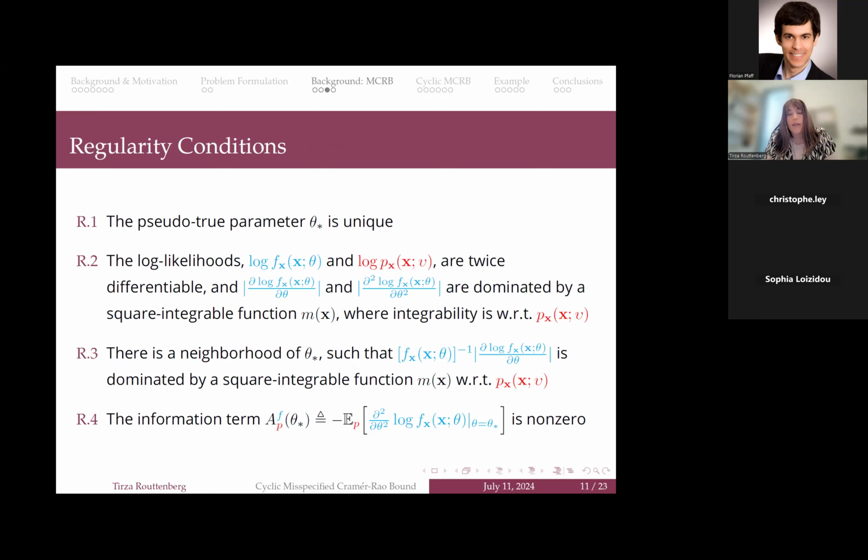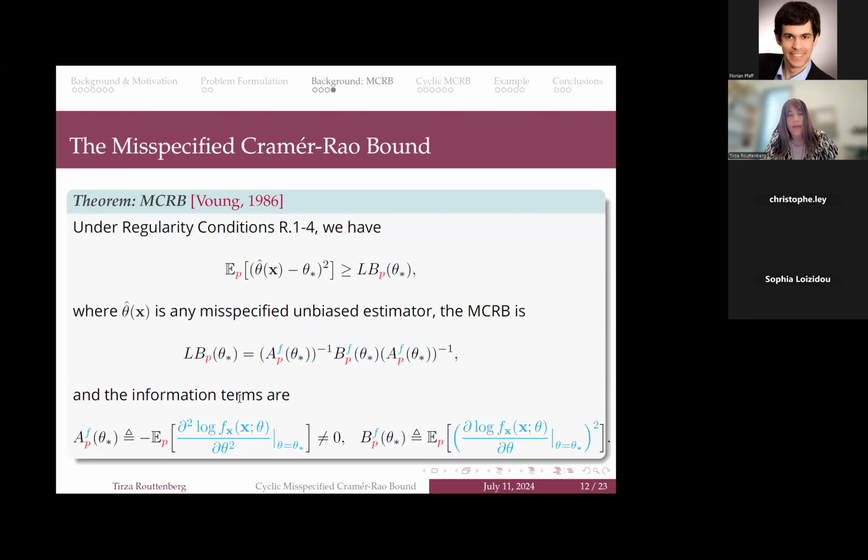Okay, so in order to develop Cramér-Rao type bounds, I need some regularity conditions. I'm not going to go into details, but you can see here that I have regularity conditions that work both on F and on P, both on the true and the assumed PDF, okay? And then the bound, again, this is the misspecified Cramér-Rao bound, and it was proposed by Wang a long